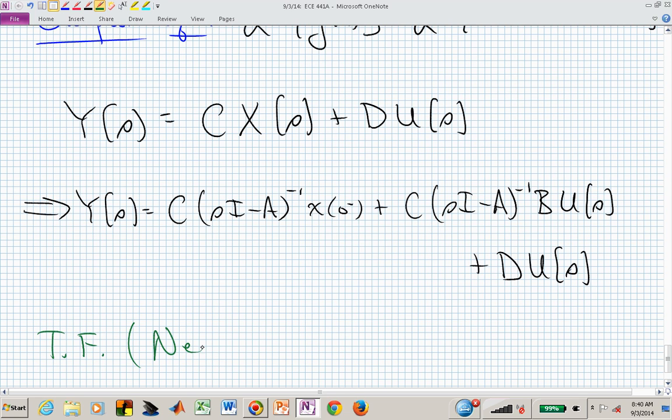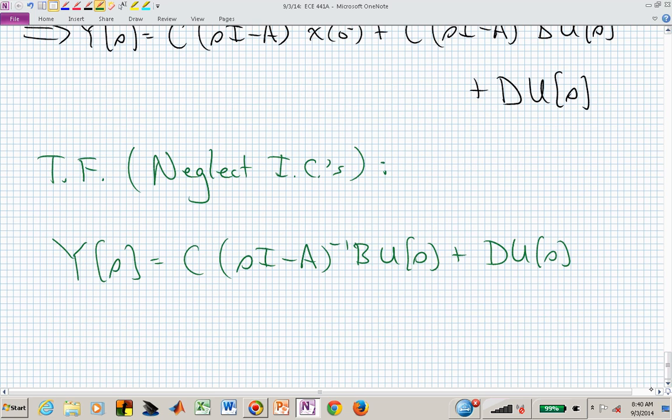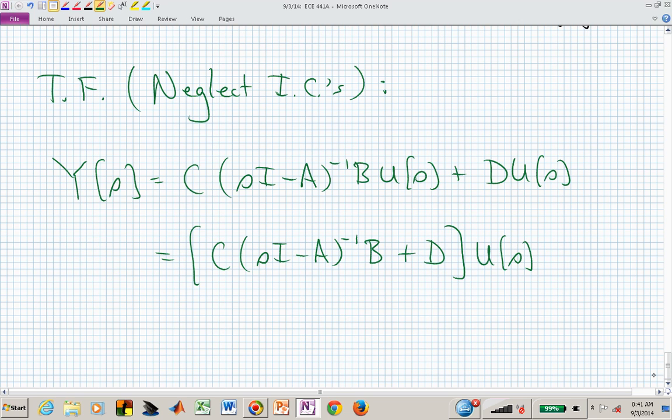So now we'll neglect the initial conditions because we really don't need them in the transfer function, and we now have Y(s) equal to C (sI minus A) inverse B U(s) plus D U(s), but that U can be factored out from those two terms, and we have C (sI minus A) inverse B plus D, times U(s). And this is our transfer function,